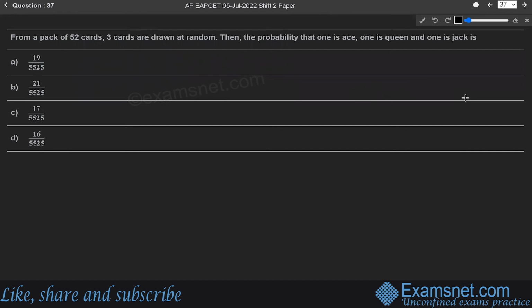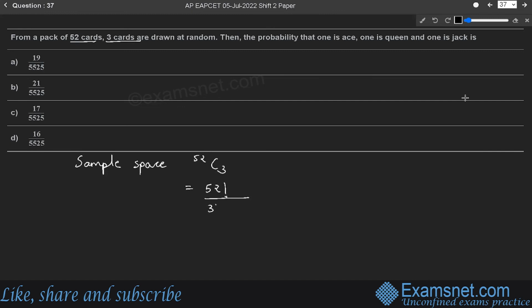We know that probability shows the relationship between any two variables in the form of a ratio or percentage or proportion, where there is chances of occurrence of one variable and it is expressed in the terms of other variable, which is usually the sample space. So here, for this question, the sample space for event is 52 C3, because from 52 cards, 3 cards are drawn at random,